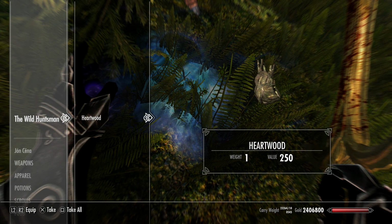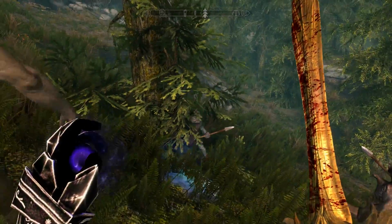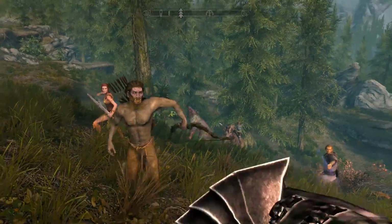Daedra Heart, Alkide, and there it is. Heartwood. So yeah, Heartwood is, again, what you use to craft the totems, and the only way to get more Heartwood is to find and kill the Wild Hunt here. Now, speaking of totems, let's see what those Sons of B words look like,